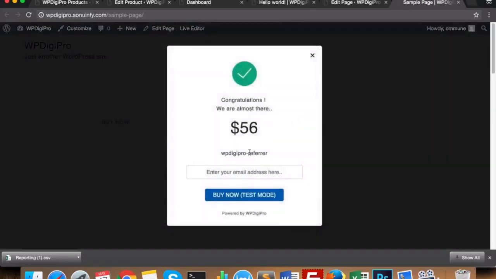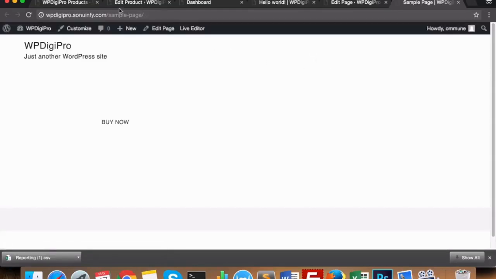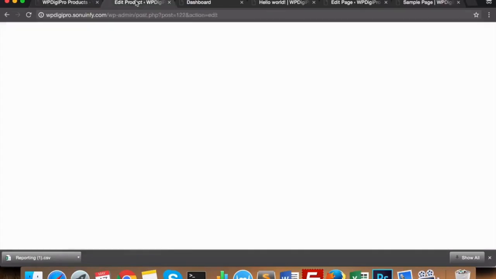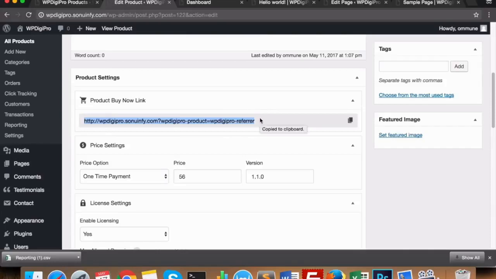It will ask for the email ID and it will be purchased. And this is the powered by DigiPro link, which you can remove from your settings area. So this is a very useful feature of this plugin, this system, which allows you to share buy now links to any of the pages of